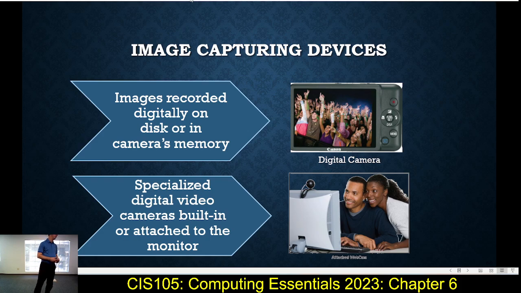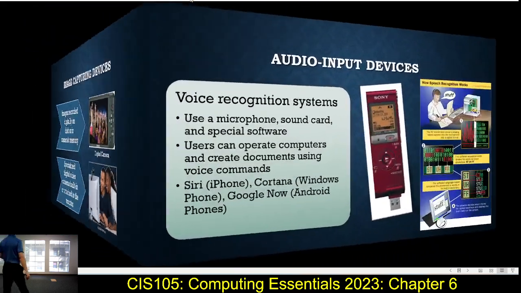Keep in mind, we also have webcams, like the one I'm using today, because somebody decided to switch me to this one, so I'm back on this one again, so that's not going to follow me around today. So people at home, you've got me in the corner over there. But these are digital cameras that are built in or attached to the monitors. This one's attached to the monitor. These ones are built in to the monitor. But yes, we have webcams. All right,